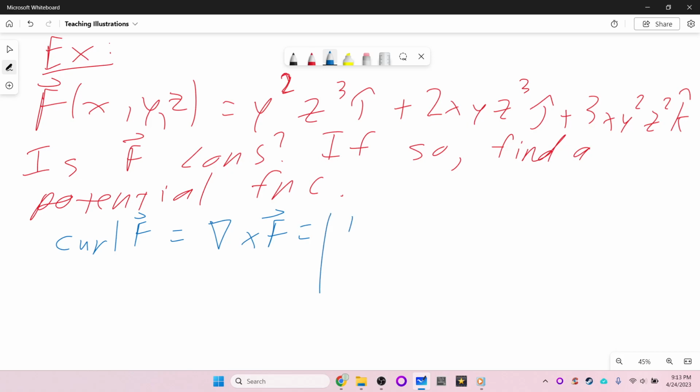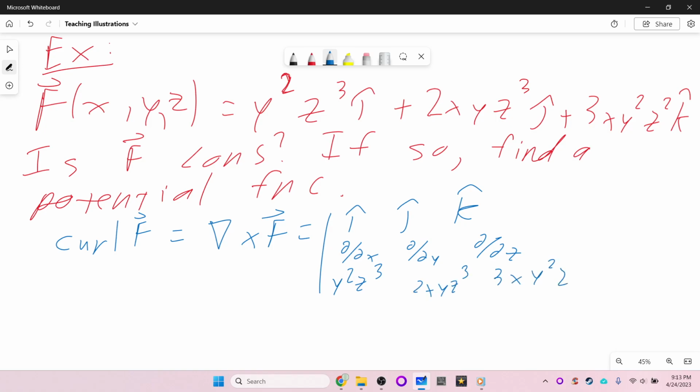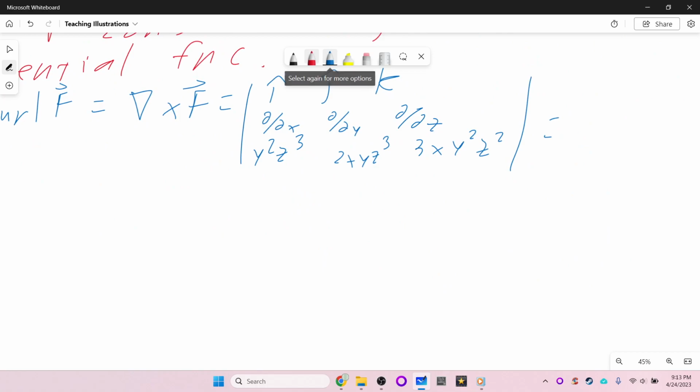So that's i, j, k, del x, del y, del z, y squared z cubed, 2xyz cubed, 3xy squared z squared. Well, then that gives us i hat. Then we say, what do we get in this bottom right? The y derivative here would be 6xyz